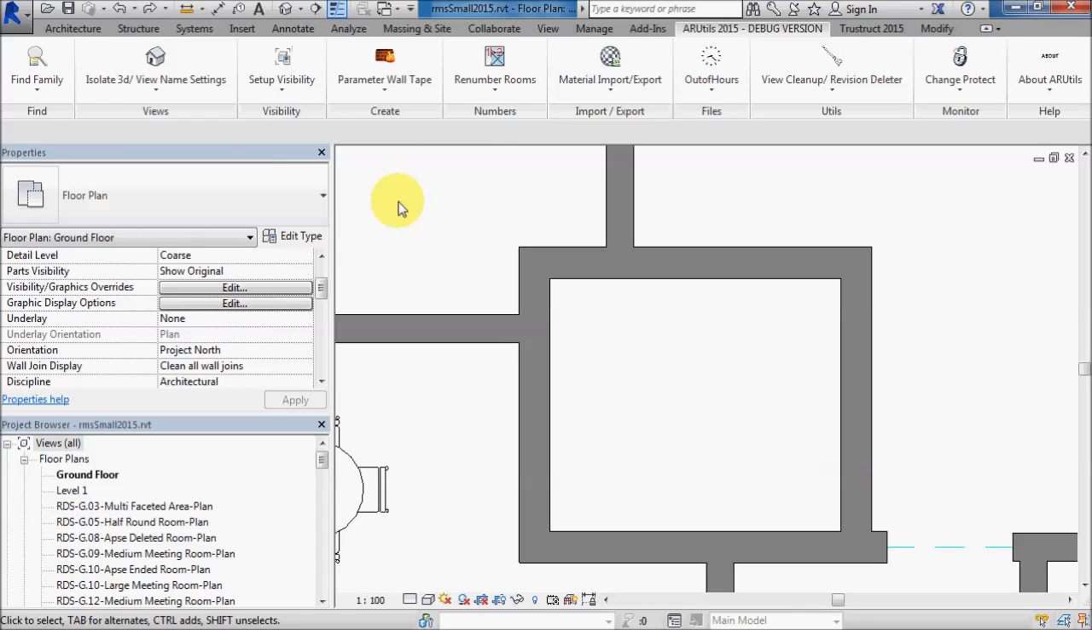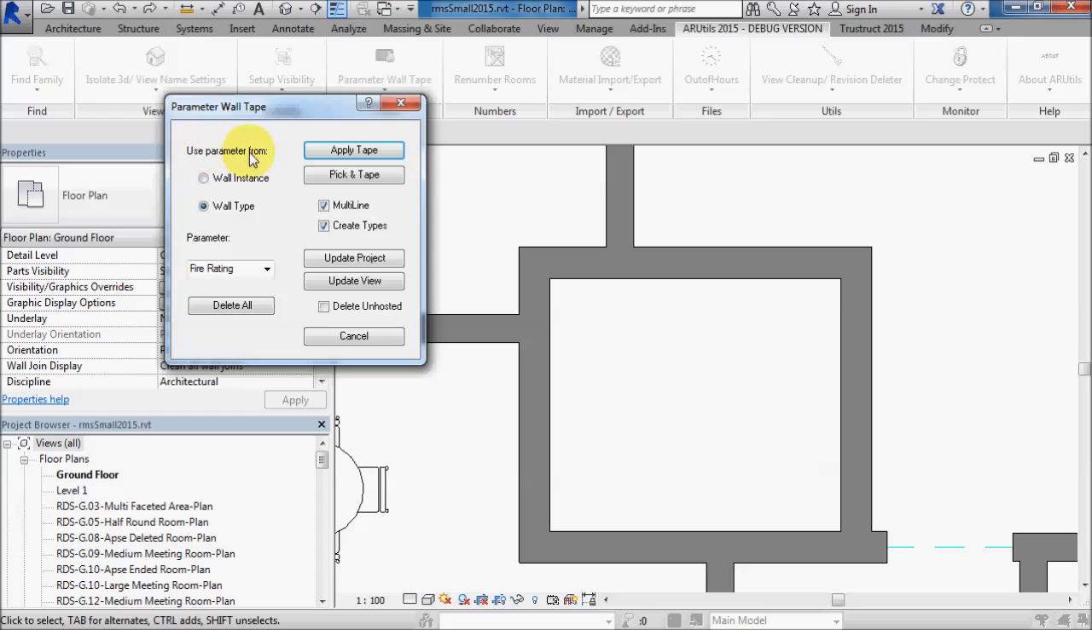Rooms, of course, are enclosed by walls, and sometimes you'll want to indicate certain properties of a wall visually. Revit allows you to, for example, indicate fire-rated walls by applying a particular hatch pattern or colour. However, sometimes this is not very immediately obvious, so applying a text tape to wall items can make it much easier to see what fire rating, for example, a wall is using. So if we go to parameter wall tape, here we can say we want to pick up on parameters from wall instances or wall types. In this case, we're going to do wall types, and we're going to use the fire rating parameter. So if we say pick and tape,